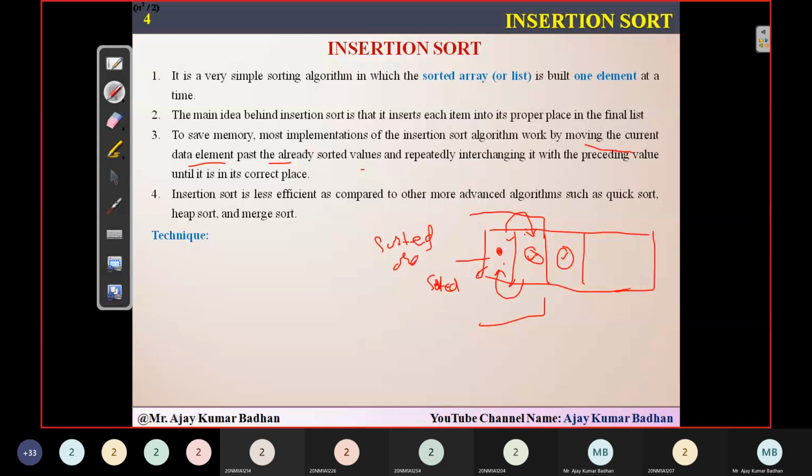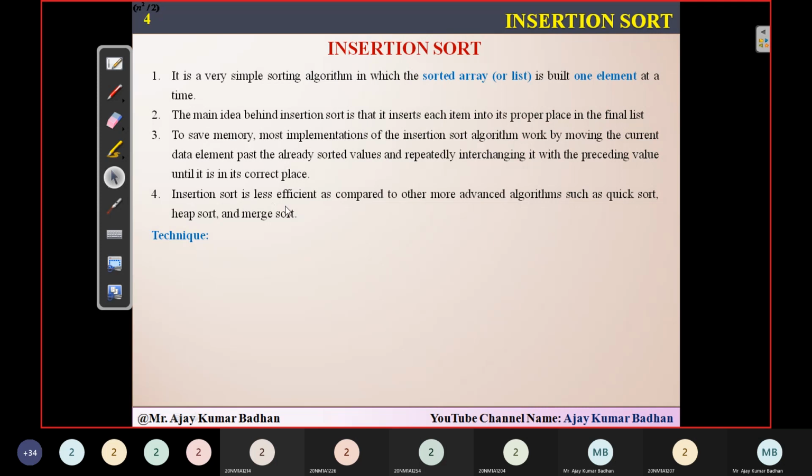I will explain this with the help of an example so you get clarity. Here, this particular position I am going to compare with this particular location. If the value present in this location is less than the value present here, I need to move this value into this location. Then again, the value I'm storing in temp, that value present here, I have to compare with this. And if this value is less than this, then I have to shift this to this particular location. And finally, whatever value we have in temp, I'm going to store it in this particular location. So this is exactly how we sort all the elements in this scenario. That is the same technique we are going to use.